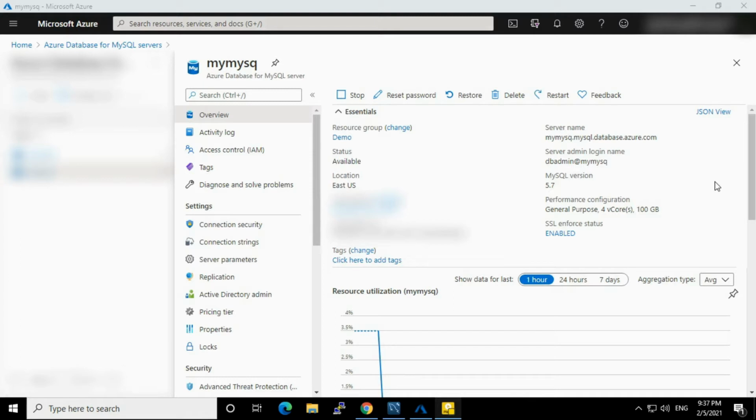My name is Chandan and today we are going to learn how we can take the backup of MySQL database which is running on Azure Cloud as a PaaS service. Okay, so how we can take the backup of MySQL. Here I am going to use MySQL Workbench to take the backup of MySQL database. So how we can use MySQL Workbench and take the database backup, we will see in this video.